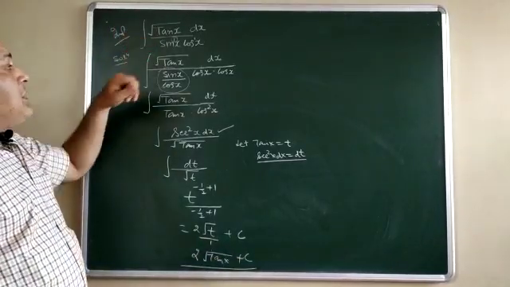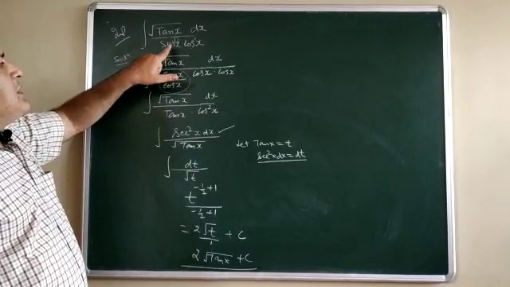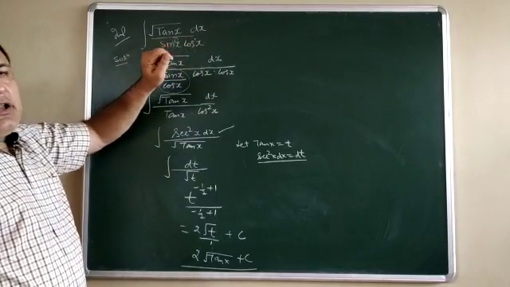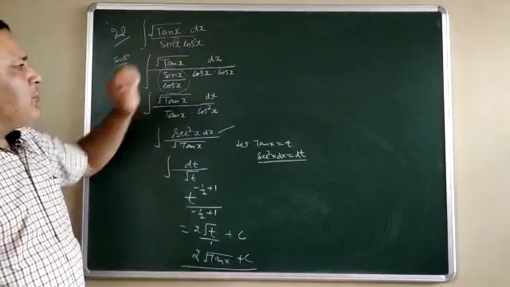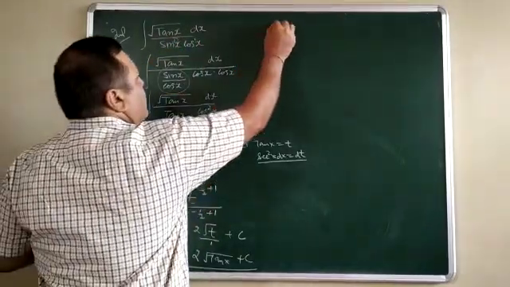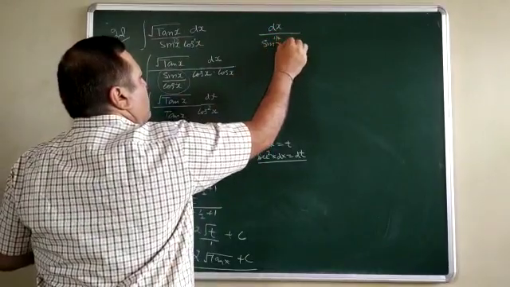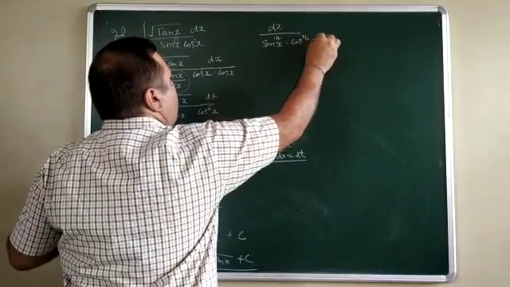Whenever you get this type of question, remember one thing, it is not necessary that sin and cos always have a power 1. They may have a different power also. So you can adjust according to that. Let us see one example. Integral of dx upon sin x to power 1 by 2 into cos x to power 3 by 2.